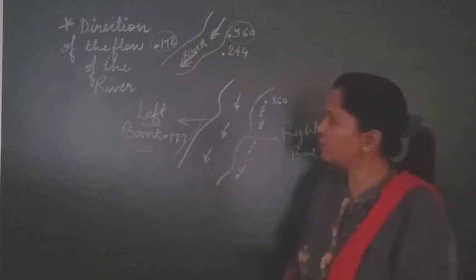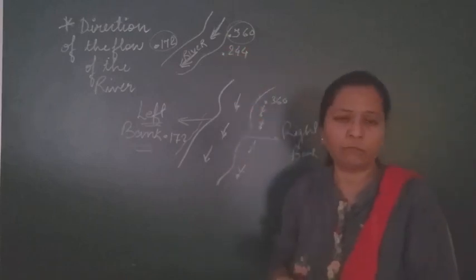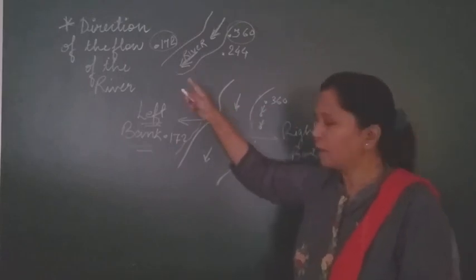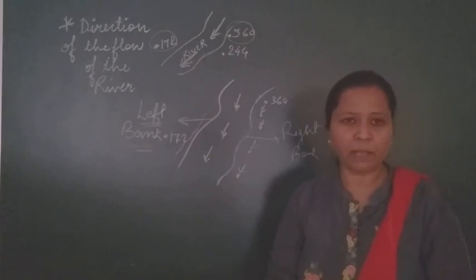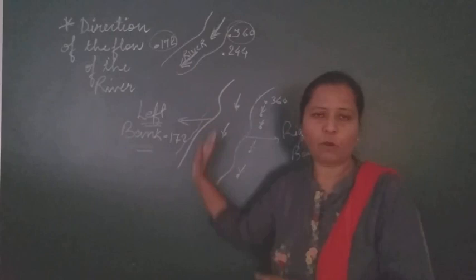So I hope it is very much clear how the direction of the flow of the river could be found out if the arrow is given, if the arrow is not given, and how we have to find out the right bank and the left bank of the river. I hope this module is very much